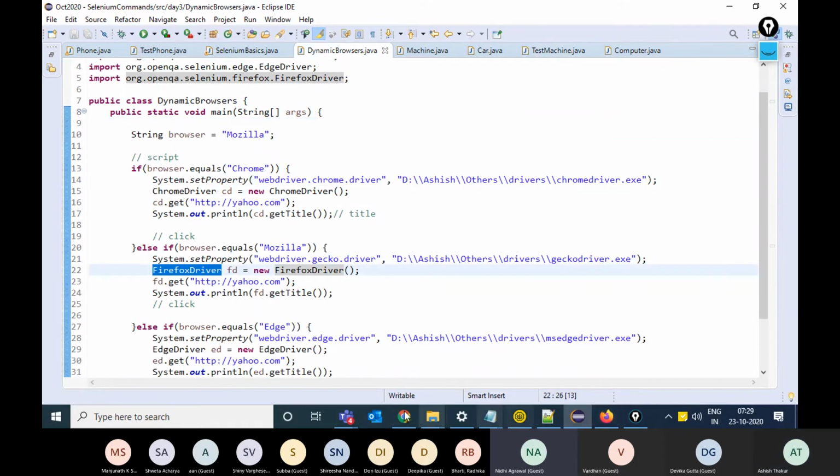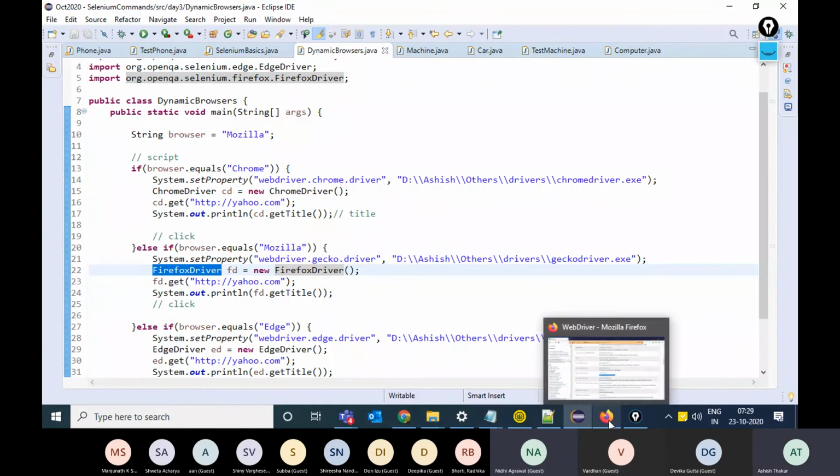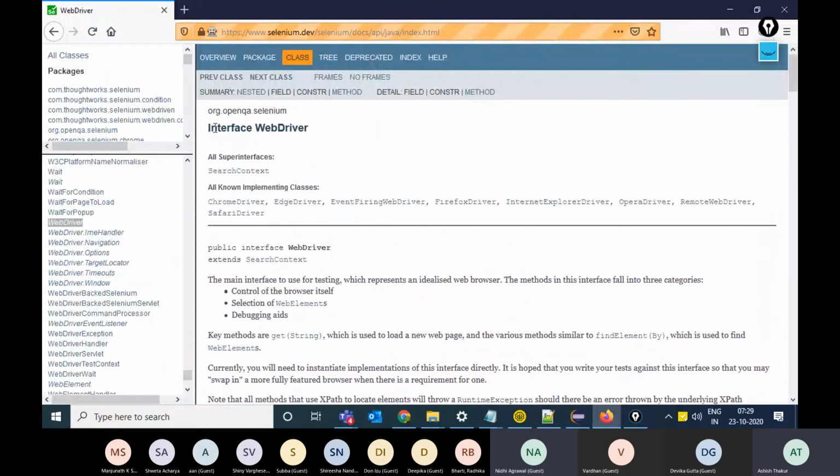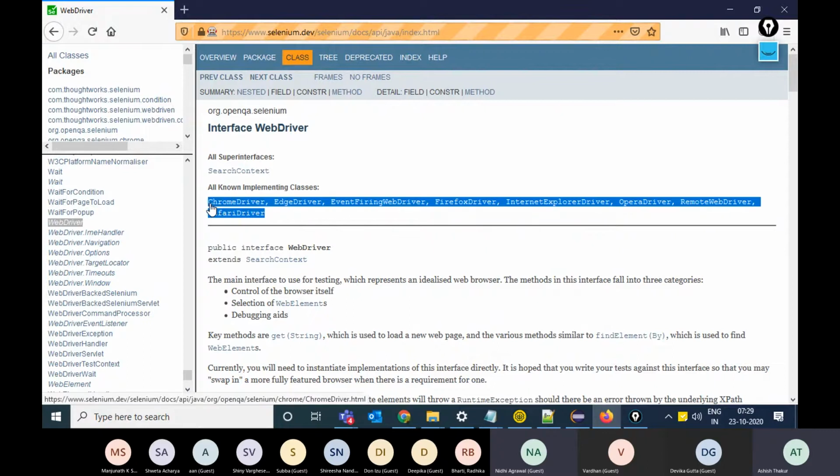Yes. You don't need to write that again. They are made in such a way, it's written in the documentation. This is the interface WebDriver, and these are all the implementing classes. Okay, understood. ChromeDriver, EdgeDriver, all these classes, when they were made by the Selenium team, were already implementing the interface. Okay, understood.